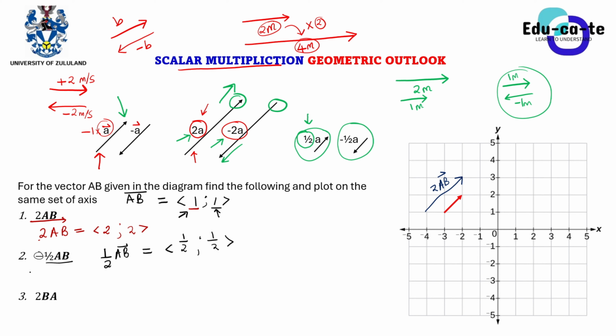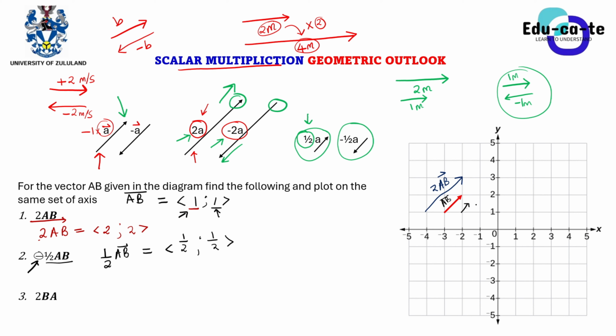Okay, but I want negative of that. So I have to actually change its direction. Okay, but basically, can you plot half AB? To plot half AB, I can just start it here and make sure that it has got components 1 over 2 and 1 over 2. So you have just to move a bit here, something like this. It's half. Okay, this is not drawn to scale. This is just my pen drawing here. This is not drawn to scale, but this is vector AB, and then this is half of AB. This is half of what? Of AB.